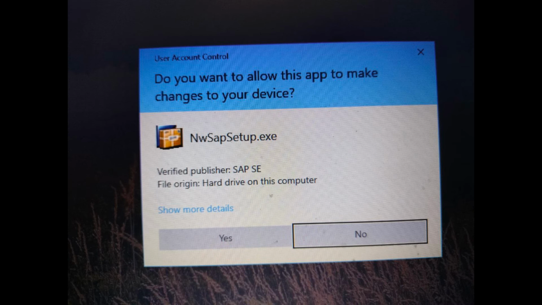Then a pop-up will come, and I know that this will not be visible on your screen, you can see a blank screen, but I will tell my video editor to attach that image. That notification is like, do you want to allow this app to make changes to your device?